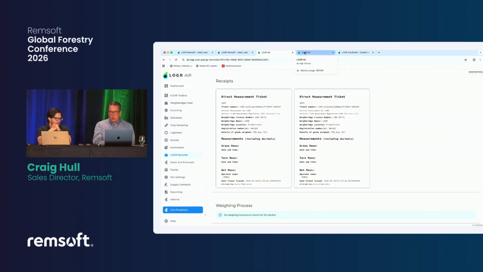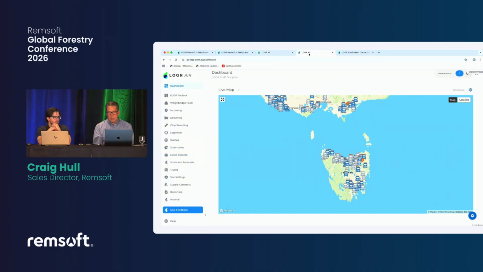We'll be talking more about this tomorrow in one of the breakout sessions, adding to the story of the advantage of being digital and what additionally can be possible, the further benefits of being connected and integrated with the Remsoft suite of solutions. But just emphasizing again, because it's been mentioned several times, the ability to be a multi-party connected supply chain. Examining Tasmania here, where 100% of the wood is running around on a logger load slip,